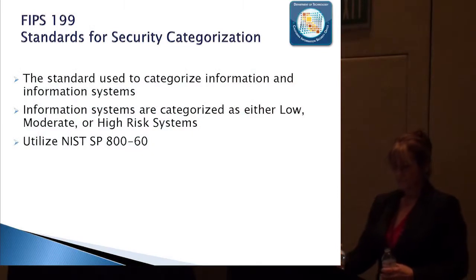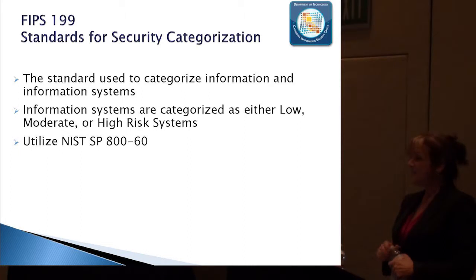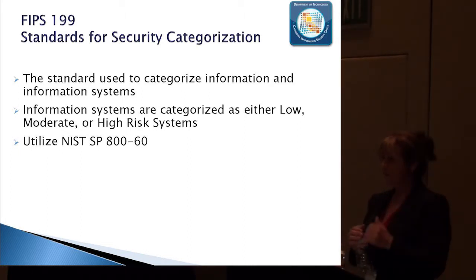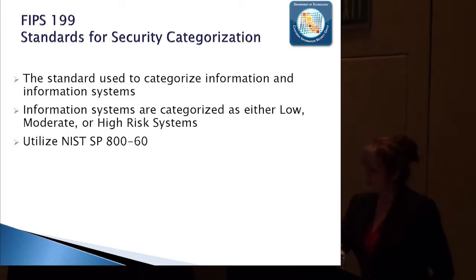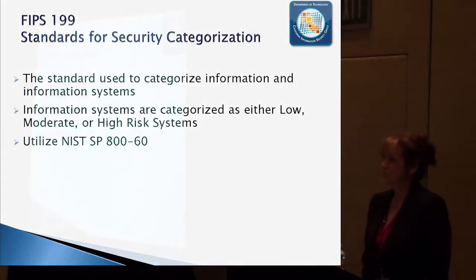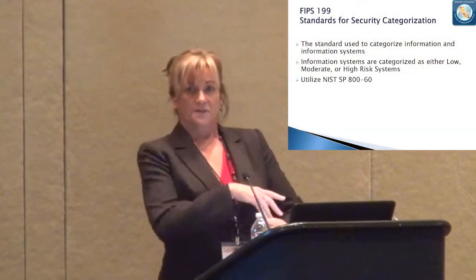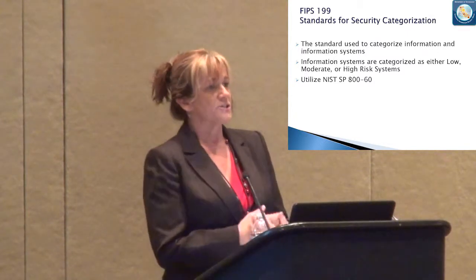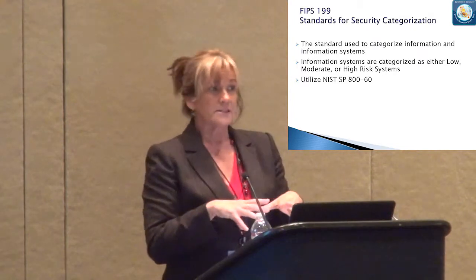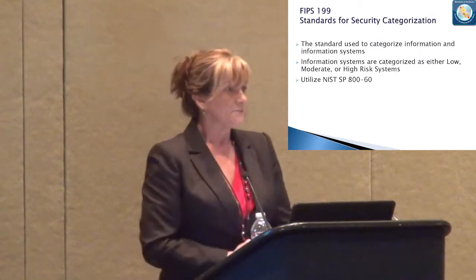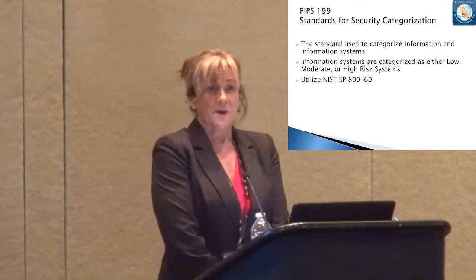Okay, so FIPS 199. This has to be performed first. If you don't do this first, you can't identify and figure out which data is most important to secure. So we all know that the federal government has classified all their data, and they've got the categories and the classifications, and you can get to some data and not others, and you've got security clearances, so some of you can see it, some of you can't. They've done a pretty good job. Yeah, they've got a little more money, but